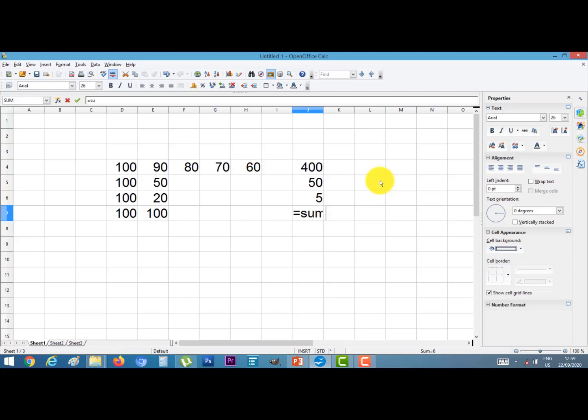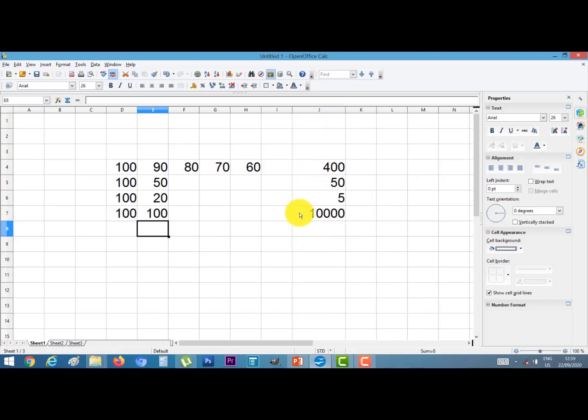Equal to sum, bracket start, D7 into E7, bracket close. Press the enter key. The result is 10,000.